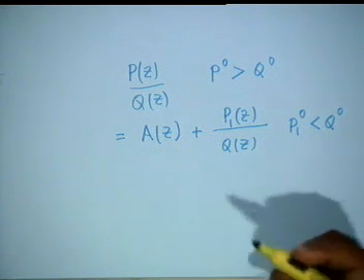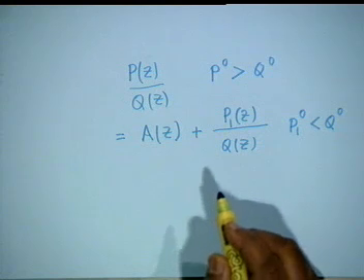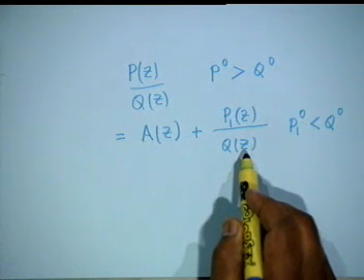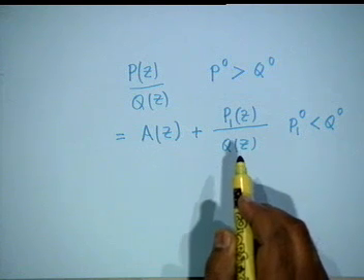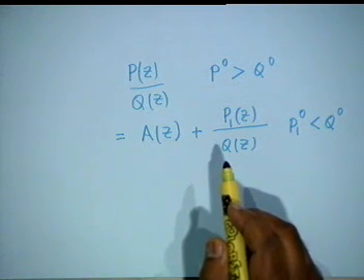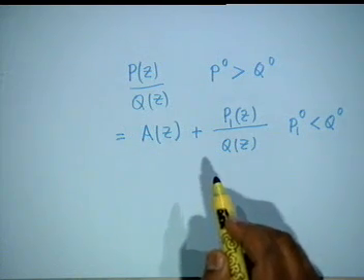I also pointed out that if there are multiple poles, that is, multiple zeros of Q of Z, then you have to in general carry out differentiation, but the differentiation can be avoided by using a simple trick that I had asked you to do, that is, write a set of linear equations by putting specific values of Z and then evaluate the required constants.